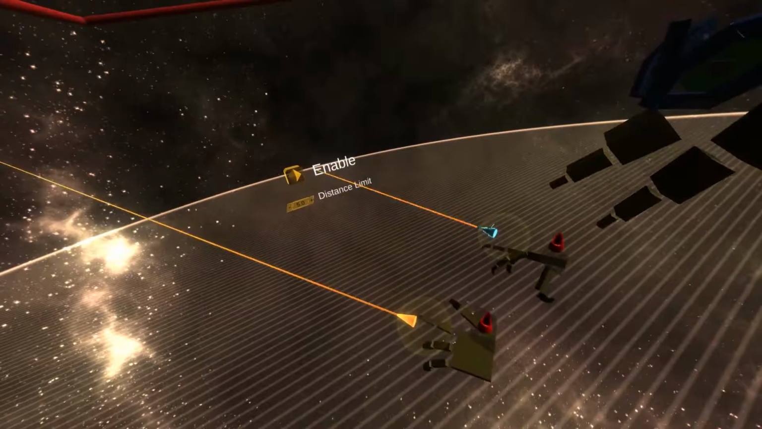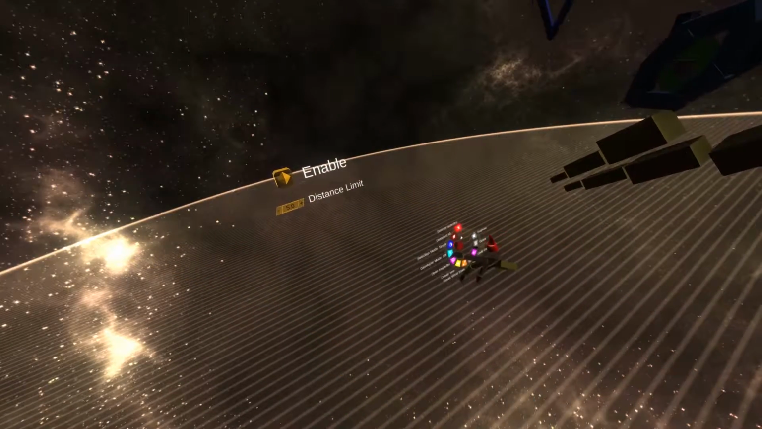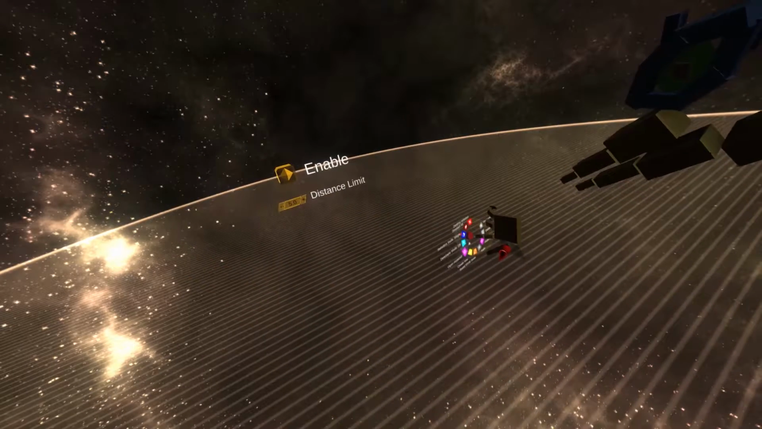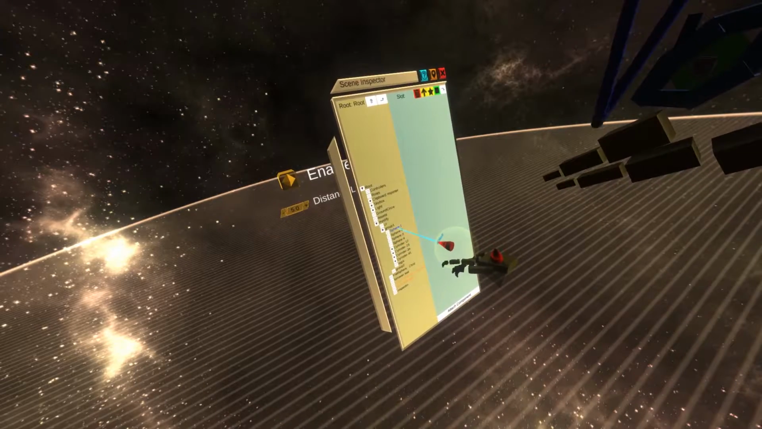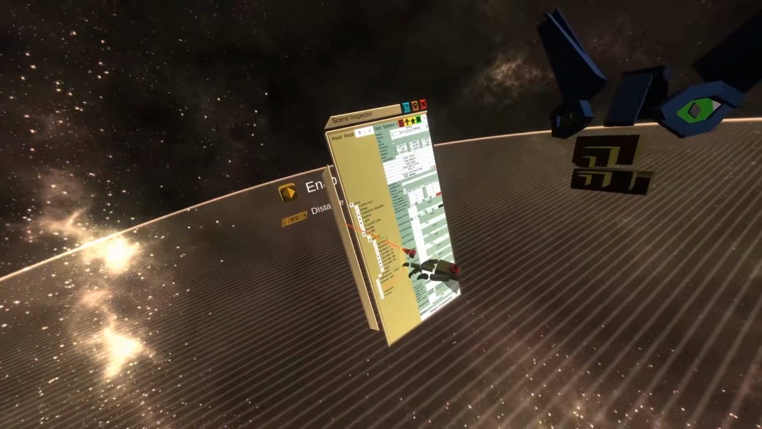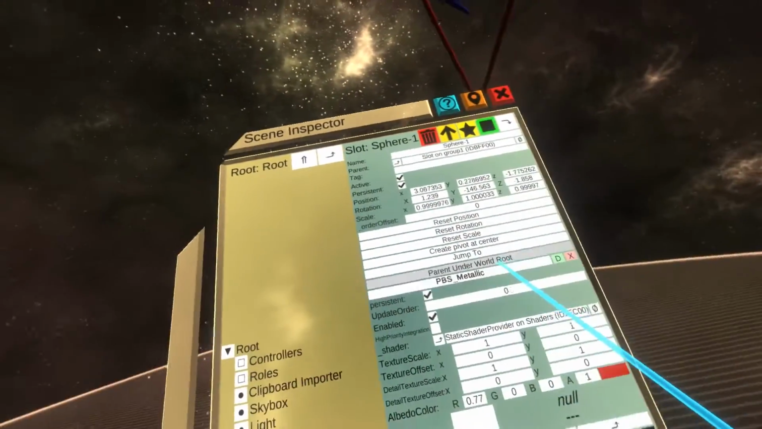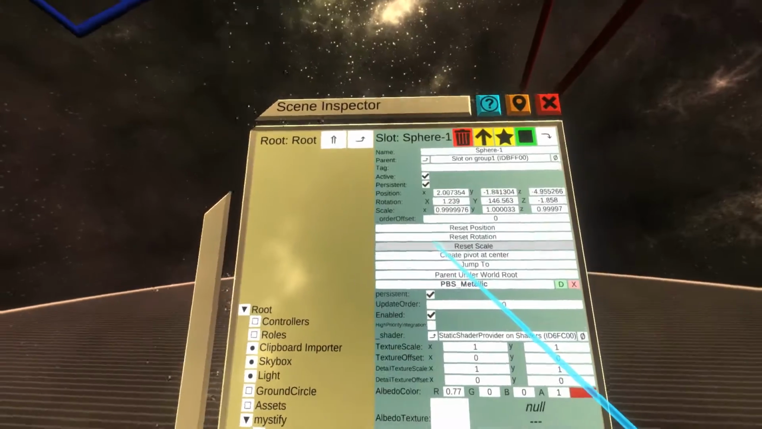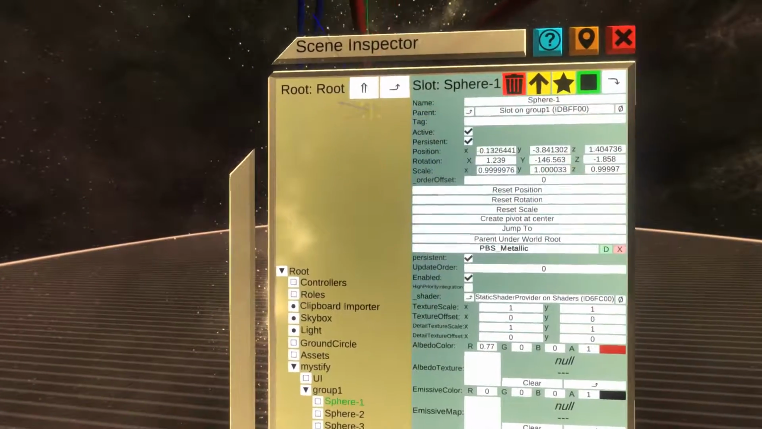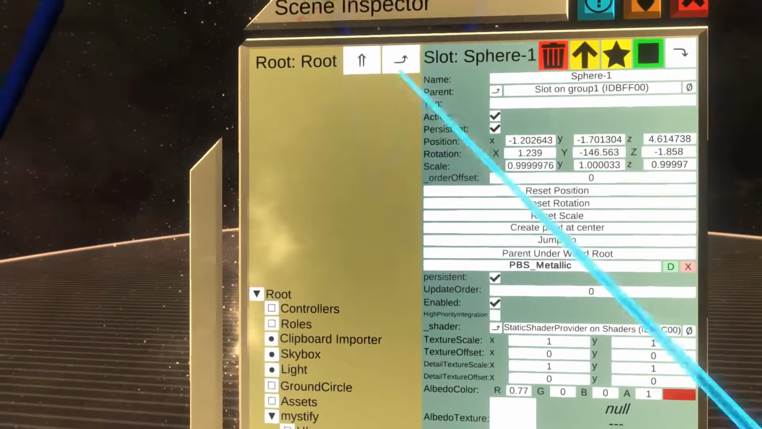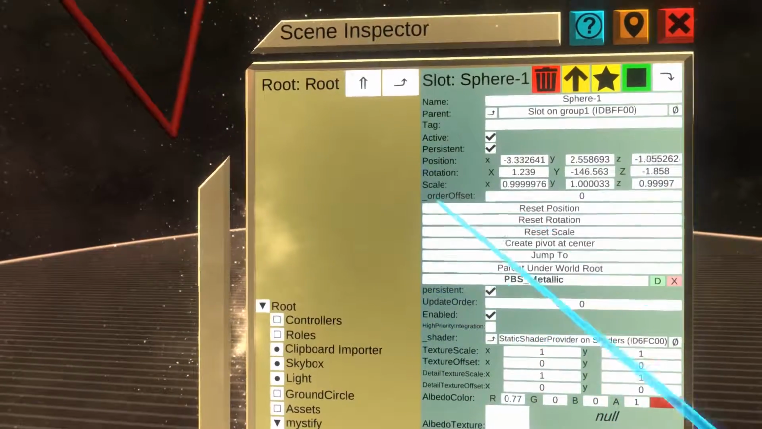slot logic. Let me show you why here. If we look at something, let's say we look at a sphere here. Let me bring you in closer so you can see this better. So we are looking at a sphere in the inspector right now, and you can see, if I can get you looking at it straight, the slot is basically each object. So the sphere object